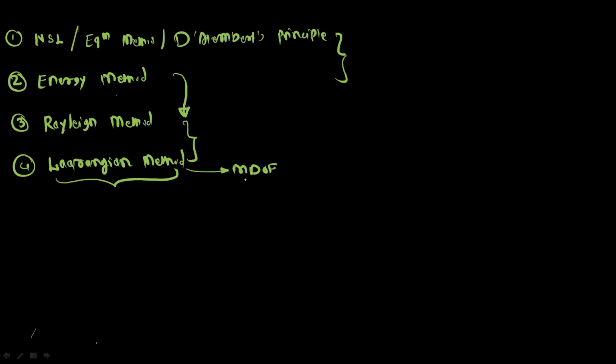Okay. So actually in your syllabus, we don't have the examples on the multi-degree of freedom system. Okay. So we will not use this method to solve the problems. That is the Lagrangian method. Okay. So in the third module, that is the undamped vibration, and the fourth module, which is a damped vibration, we only discuss the single degree of freedom system.